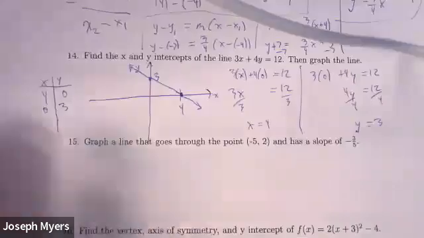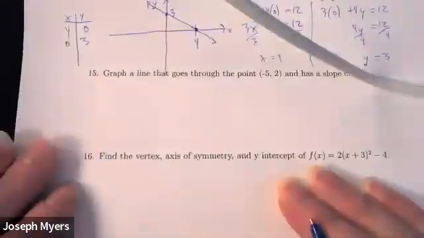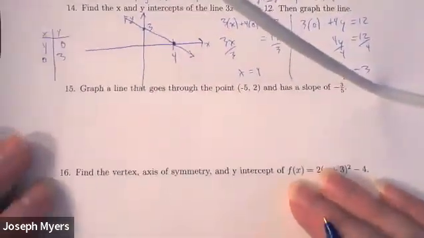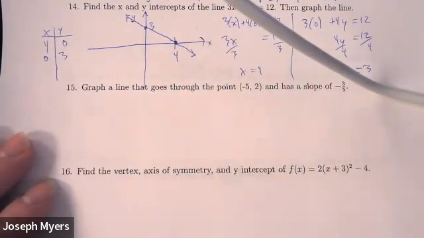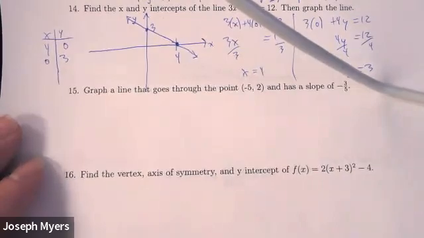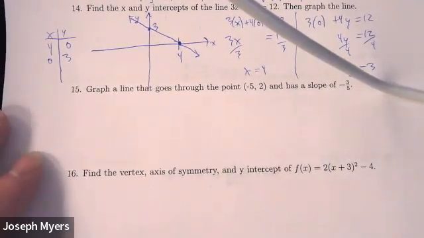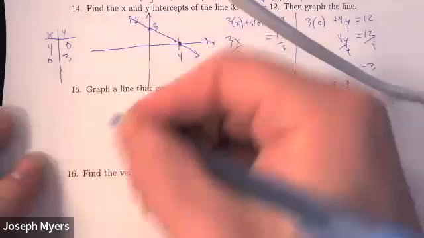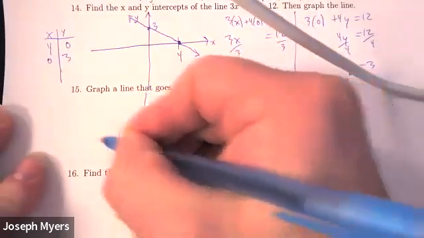Now here comes a problem that's really confusing for a lot of people, because a lot of people try to find the equation of a line first, and you don't actually have to do that at all on this question. So if you know the idea of what slope means, you don't even need to find the equation of this line in order to graph it. So how do I do that? Well, first of all, just draw the graph,